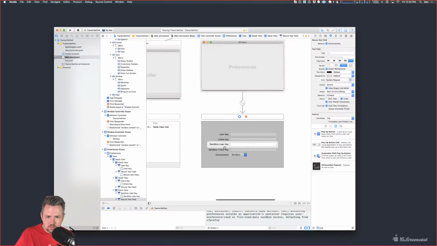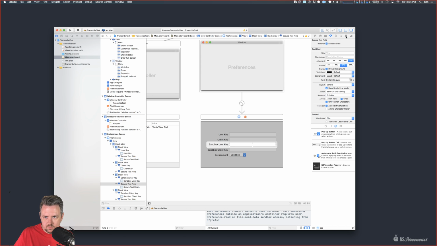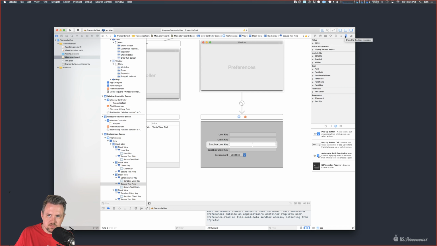Okay. So, I'm just going to ignore these two for now. Honestly, I'm just going to bind these two, because those are the only two we're going to use. We're going to use the sandbox. Okay, so I'm going to go over to this bindings menu, which is something that people from iOS probably aren't